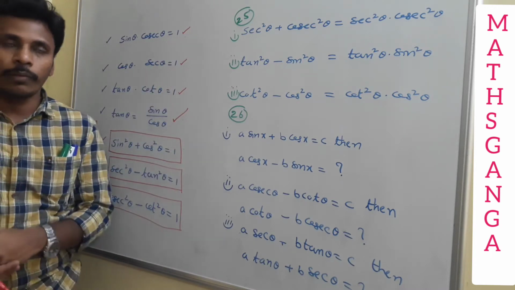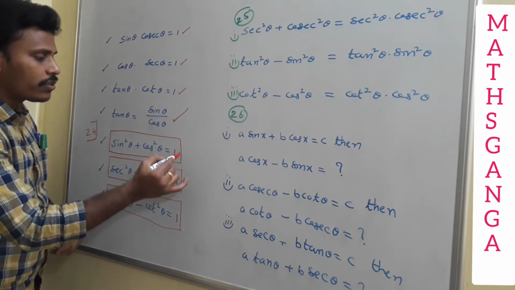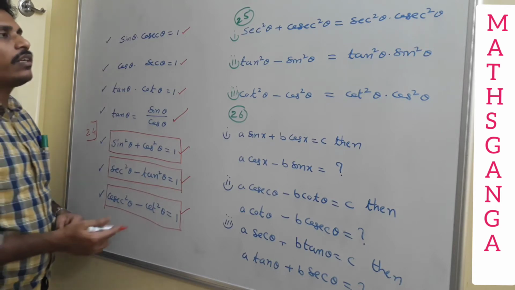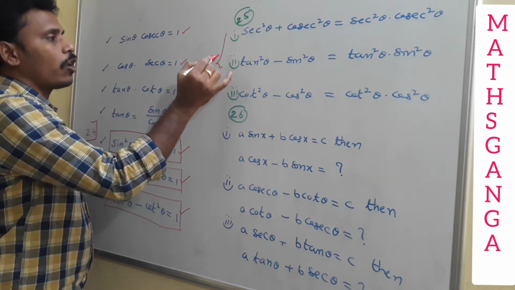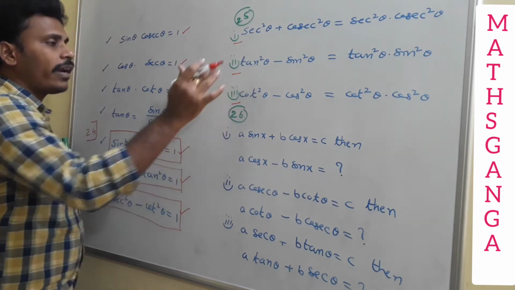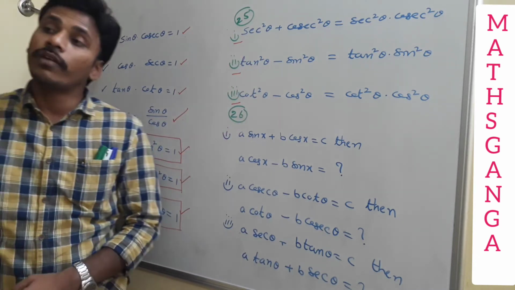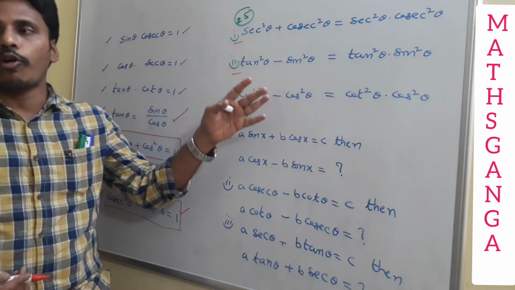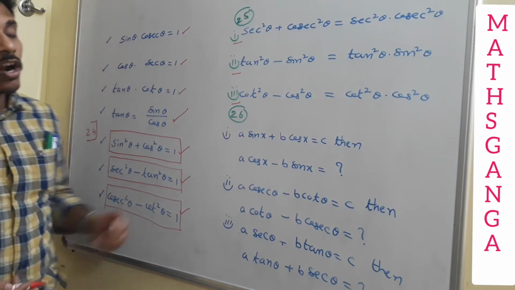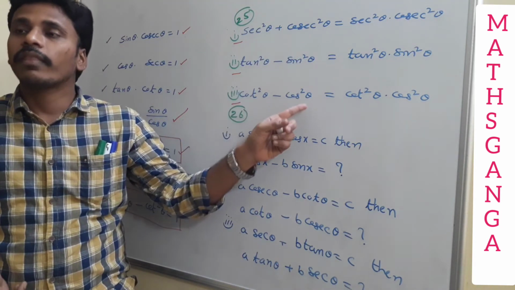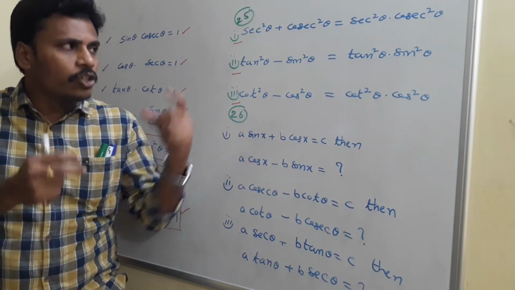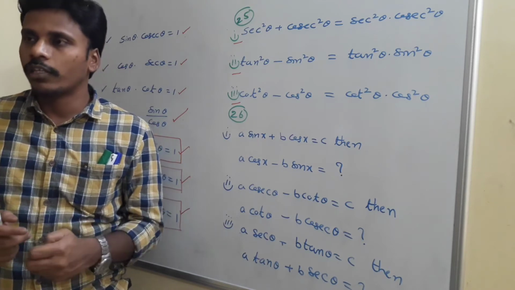I have some other problems also with me. Along with these three general identities, you need to memorize these three identities also. Look at these three identities, 1, 2, 3. They are very helpful in solving some other problems. We prove these three with the help of these identities, and afterwards, if you memorize them, they will reduce your work in solving some other problems again. That's what I am going to say.